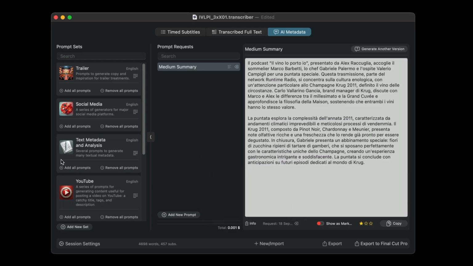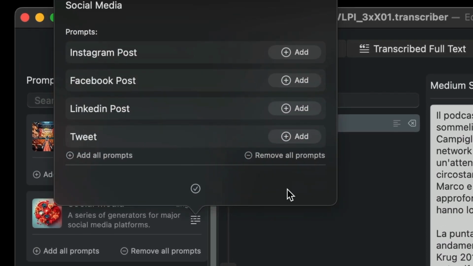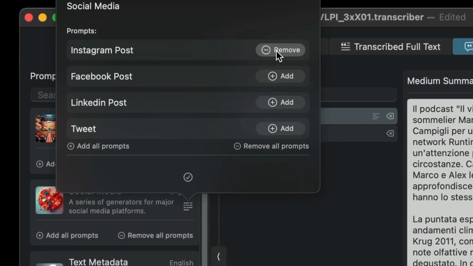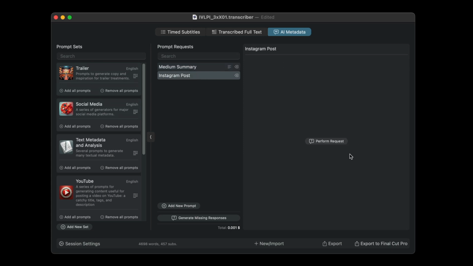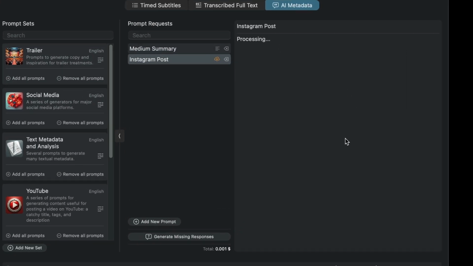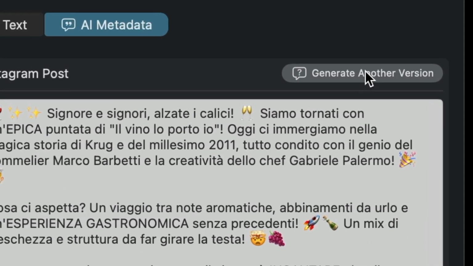I want to publicize this episode with a post on Instagram. I select from the social media set, Instagram post, and repeat the procedure. I do not know if I am satisfied with this text, so I click on the Generate Another Version button.